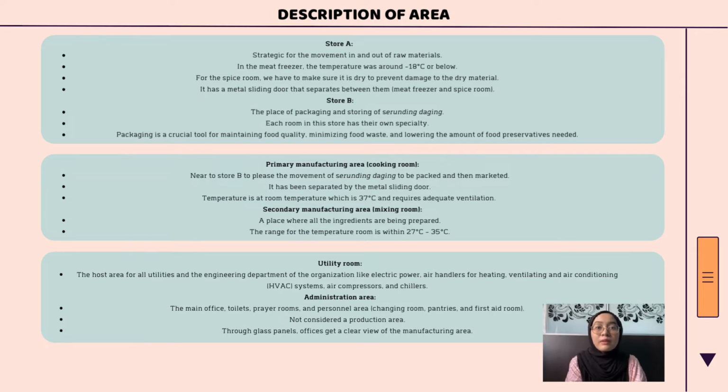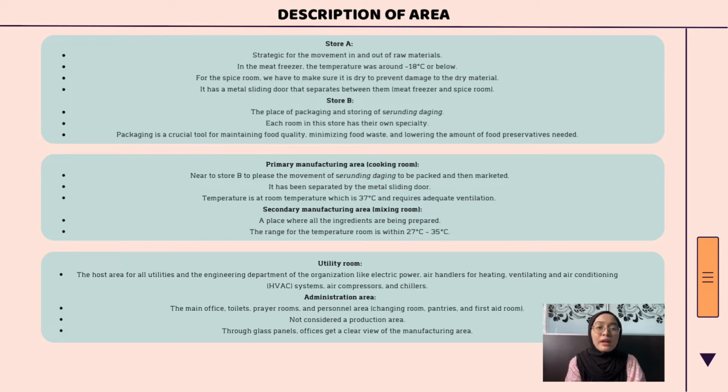After that, the administration area, which is the brown color, carries the main office, toilets, prayer rooms, and personal area so that they can change their clothes, eat in the pantries, and there is a first aid room. The administration area is not considered a production area. At the office, they have glass panels so anyone in the office can get a clear view of the